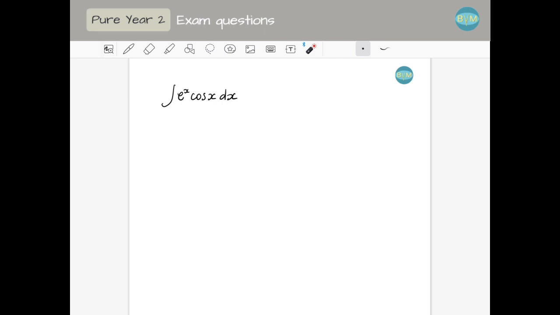Hello, I wanted to show you how to integrate this question because I think it's a very curious thing that you may need in other questions. You have a trigonometric function and an exponential function, which means we could easily use integration by parts, and we know how to integrate both and how to differentiate both. None of them gets simpler than the other when we differentiate, so it really doesn't matter which one we choose